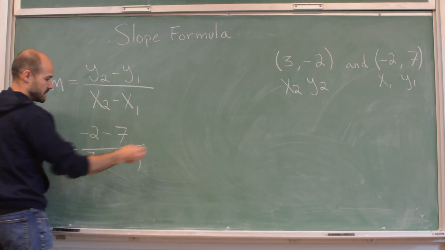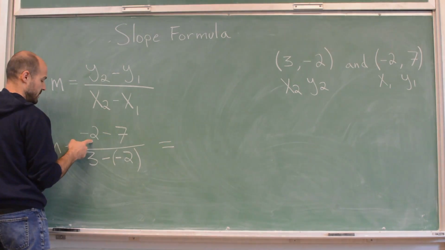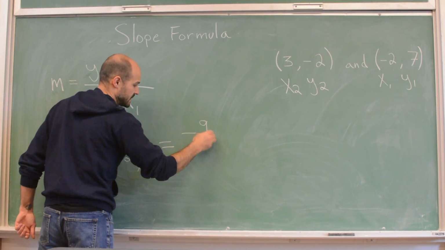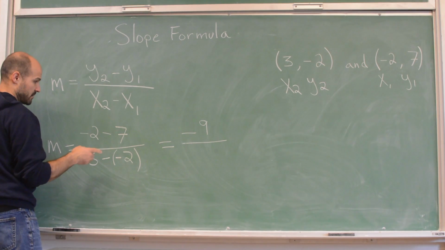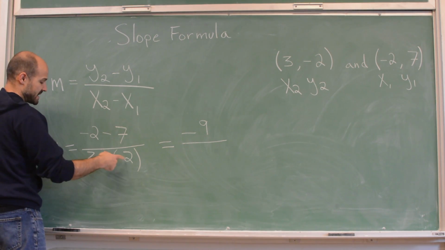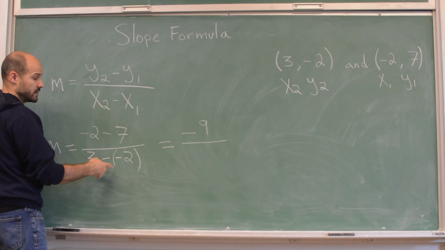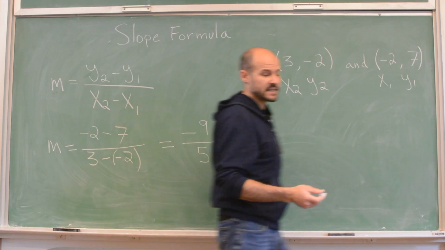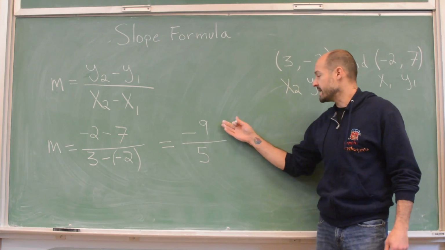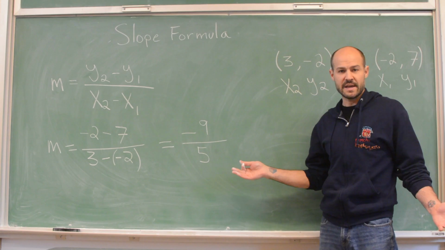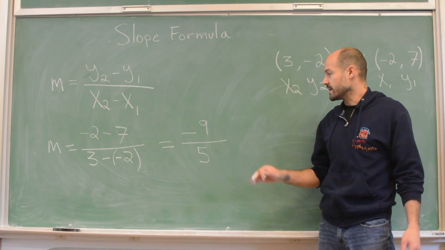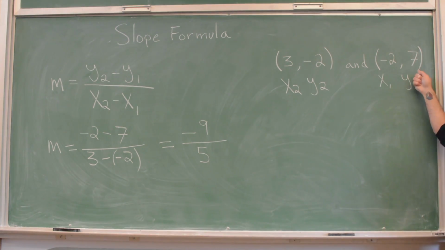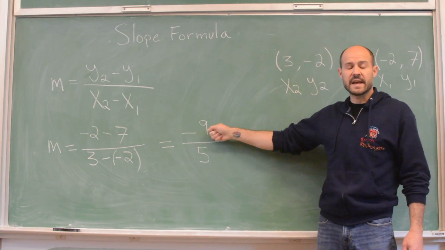Now we'll run the numbers. -2 minus 7, -9. Down below, 3 minus -2, 3 plus 2, 5. And now when we look to see if we can simplify, you'll notice that 9/5 does not simplify, it's all set, we're done. The slope of the line that goes between these 2 points has a value of -9